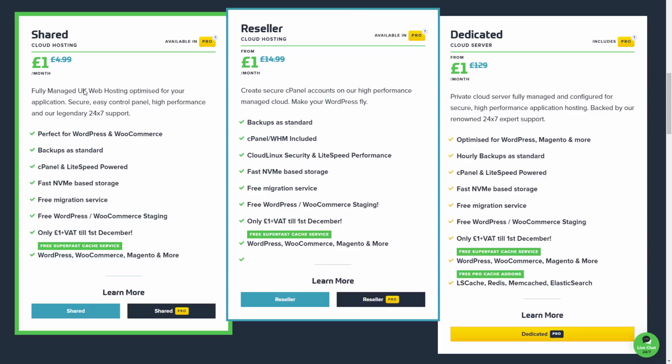So the shared package is, and if you watched my previous video, I just talked briefly about shared hosting, reseller hosting, and dedicated. So shared is where there's multiple users using one server, and there's a certain number of sites and a certain allocation of storage and resources. With their shared hosting, it's full 24/7 support, it's fully managed, it's perfect for WooCommerce and WordPress. It's perfect for anything, but WordPress is like the main package for creating websites. Backups are standard, cPanel and LiteSpeed, fast NVMe based storage, free migration,